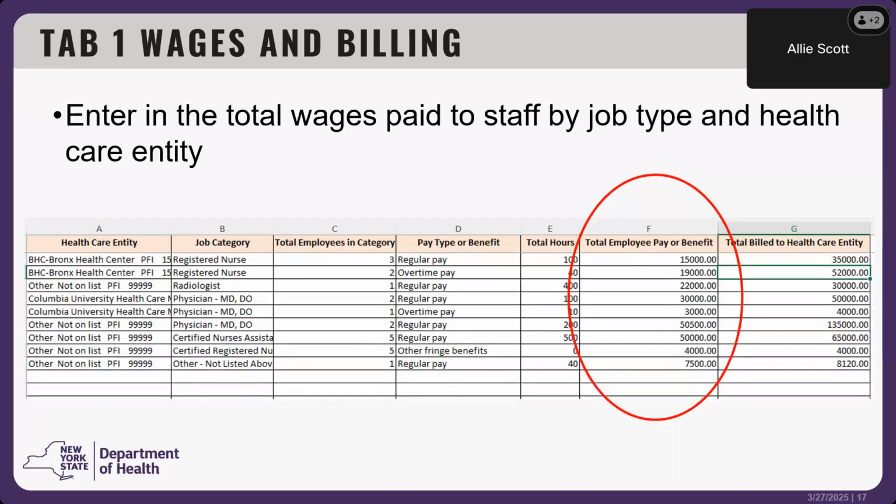So once again, we expect that you're going to report using the accrual accounting method. And so that requires users to report the amount earned by the employee for the hours that they worked during the quarter. And that's going to be regardless of whether the employee was actually paid during the quarter. So an example of this would be employees who are paid on a 2-week lag, where at least one of those days extends slightly beyond the end or right before the end of a quarter. And also, again, don't use periods or dollar signs. Just enter in values to the nearest whole dollar.